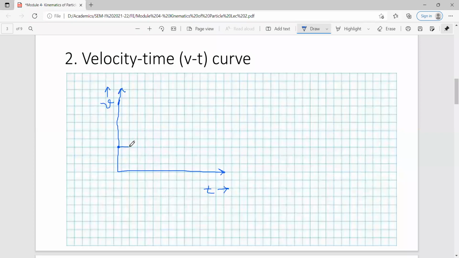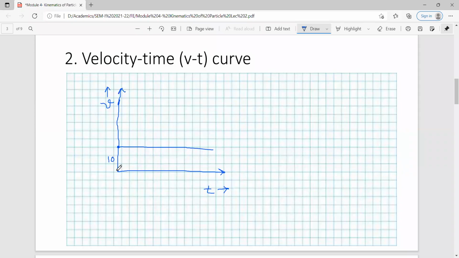So I will get a graph like this. Simple graph. Velocity is constant. Whatever the value, for example, velocity is constant at 10 meter per second. So I will take the height 10 and I will simply draw a horizontal line because velocity is constant over the time. If suppose acceleration is constant, means velocity is continuously increasing at constant rate.